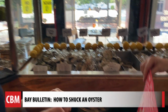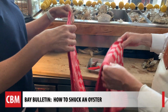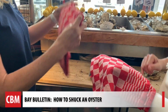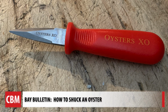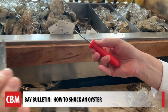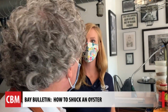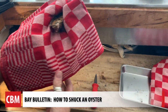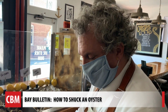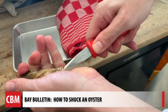So first we take the towel, we unfold it, and you fold it in half, and one more time in half, and you put it on your non-dominant hand. This knife comes in the kit that you can order anytime online. Thumb on top, index on the bottom. Allison Albert Gercio, the marketing manager for Oyster Recovery Partnership, is a great student because she hasn't shucked while following Mayer's 5 steps. After you put the oyster in the palm of your hands and wrap your fingers around it,